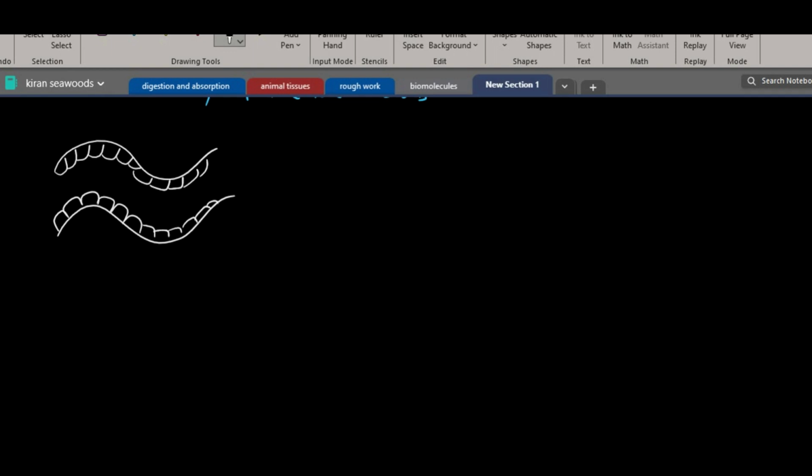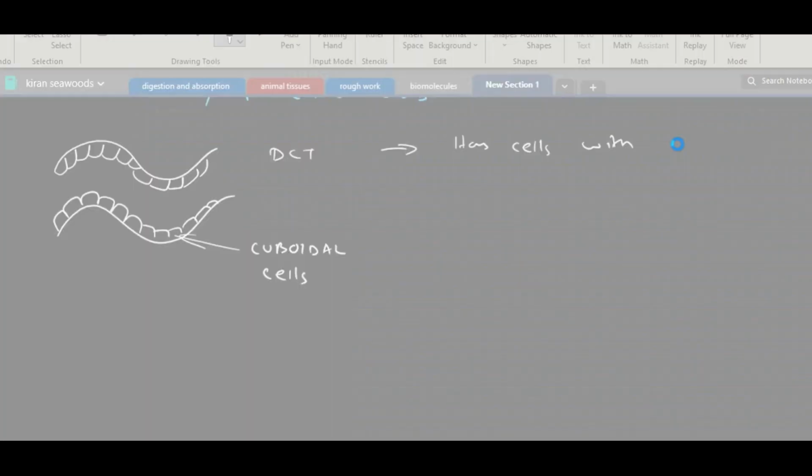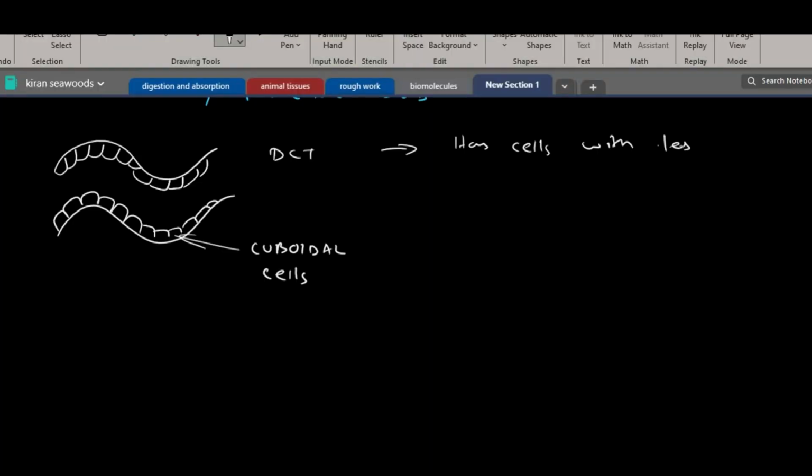So suppose this is DCT, they have cuboidal cells. DCT has cells with less mitochondria,